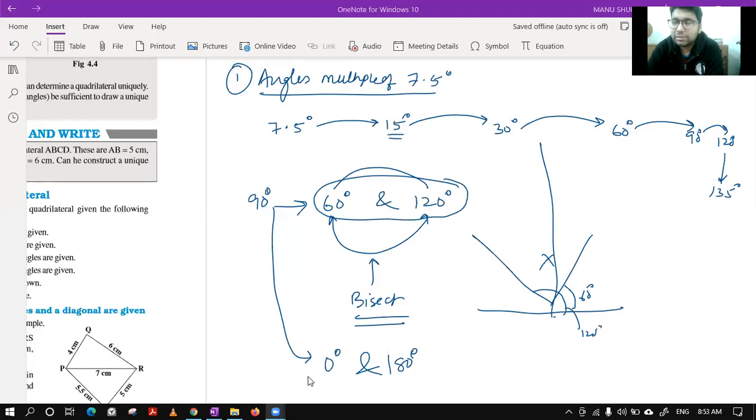This was the reason that you use the concept of bisecting, because bisecting means dividing in two equal parts and doing half is the same thing. That's why we are using this concept of bisecting the angle 60 degree and 120 degree to get the angle 90 degree. Same is the case with my second option. If I take an angle of 0 degree and an angle of 180 degree, then also if you add 0 plus 180, you will get the same thing back. So if any two angles add up to 180, we can make a 90-degree angle from them.